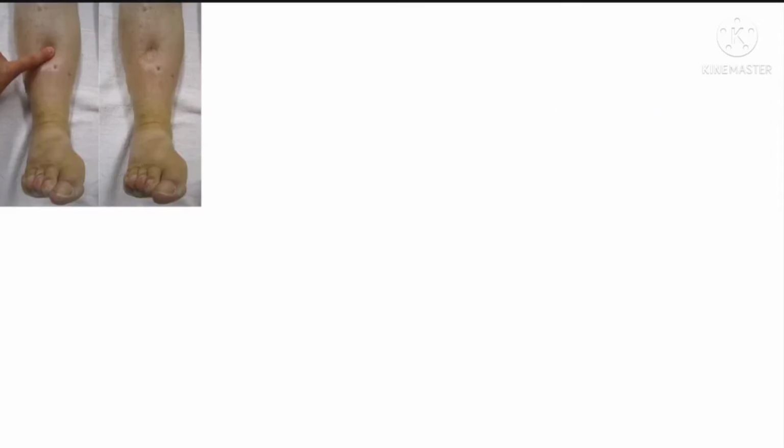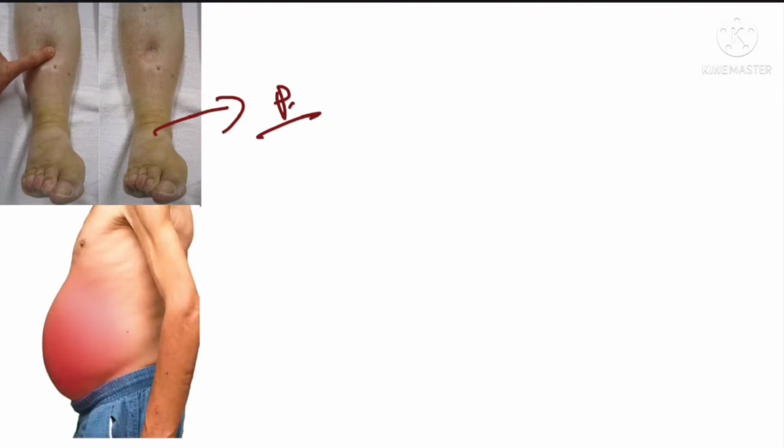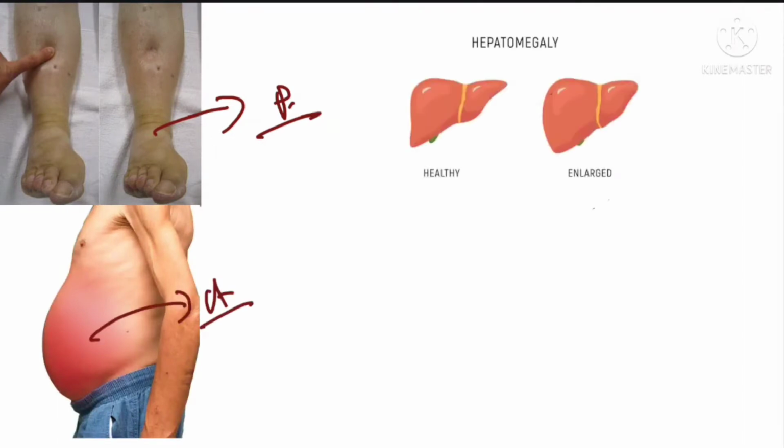Now let's see various symptoms of restrictive cardiomyopathy. The symptoms are broadly divided into two parts. The first part is because of right ventricular restriction and the second part is due to left ventricular restriction. Now let's see the problems that arise due to restriction of the right ventricle. Our first problem will be pedal edema. This is pitting type of pedal edema, and if the disease progresses, it may lead to ascites, and from ascites it may lead to enlargement of the liver.